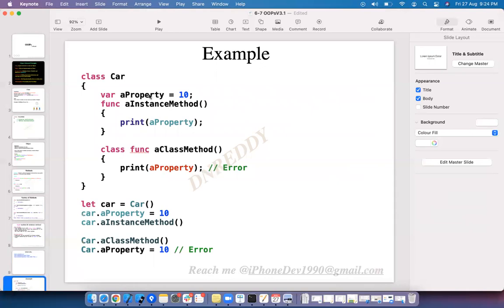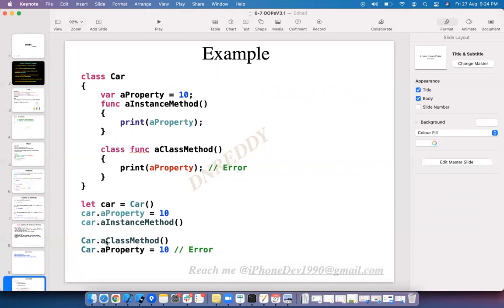How to call this method and how to call this method. I'm creating a car object here and I access the property, car dot a property, car dot an instance method, car dot a class method. If you see here, it is not small car object, it is the class actually.